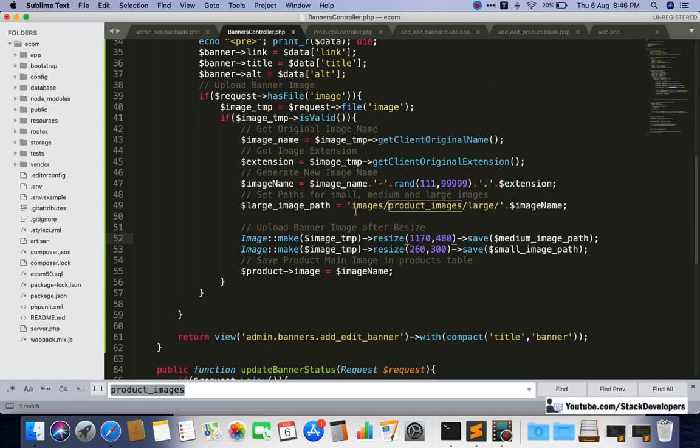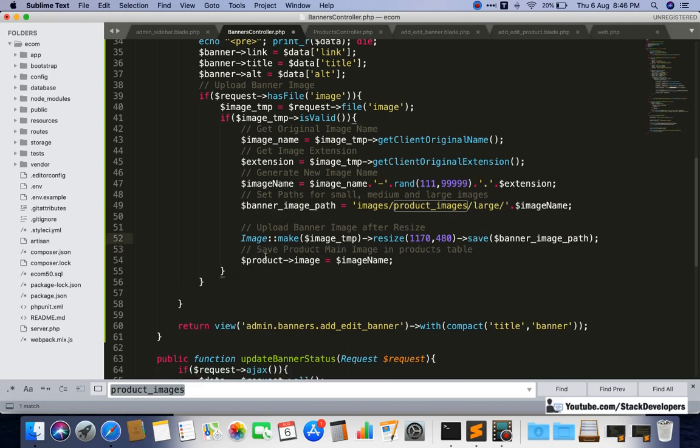Now here we are going to give the banner image path. Here we will make banner image path. This one we can copy and paste here, and this one is not required. And here we can add the banner as well: if banner image is coming up, save banner image in the banner table.